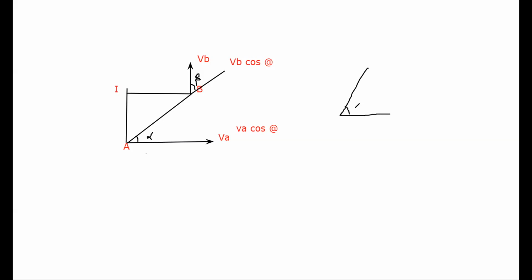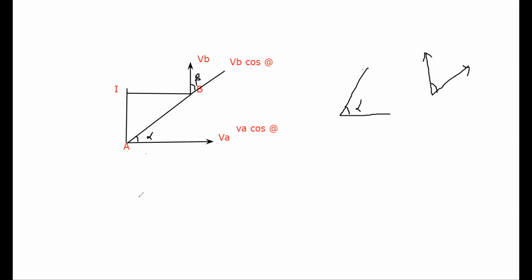Here you can see, just take this portion only. This is one portion for the B link, and that is one portion for the A link. So, point A and point B. You can see the point where A is located and the point where B is located are on one link. This is a single link, so they don't have any relative motion between them.